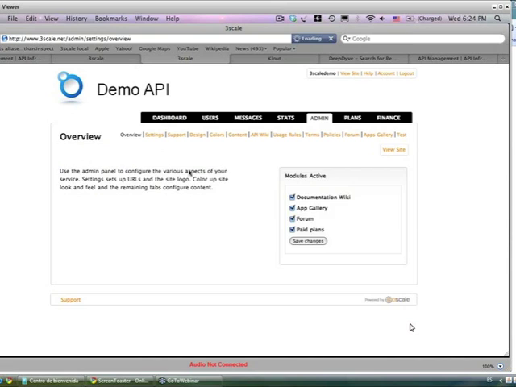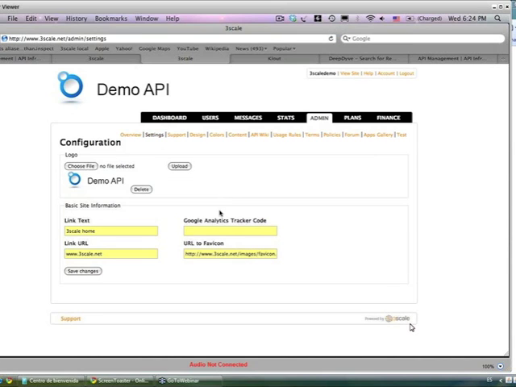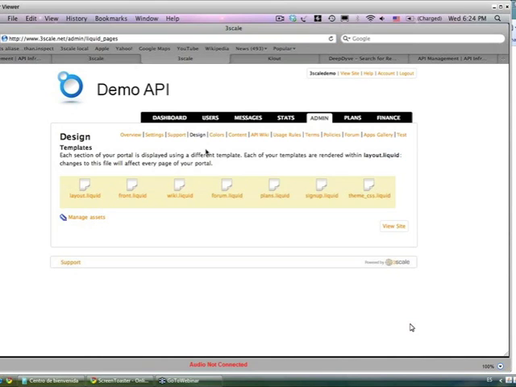So I'll just walk you through a couple of these things. Here starts off very simple. We're able to configure the logo, the link to your particular site. If we go to the design section, here you're actually able to control the full CSS and HTML templating of